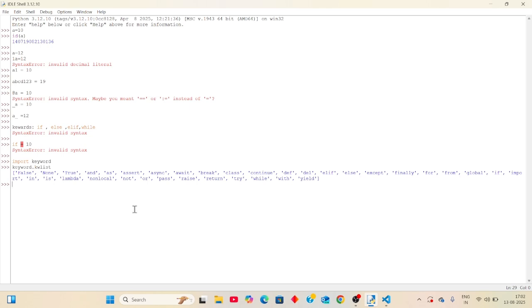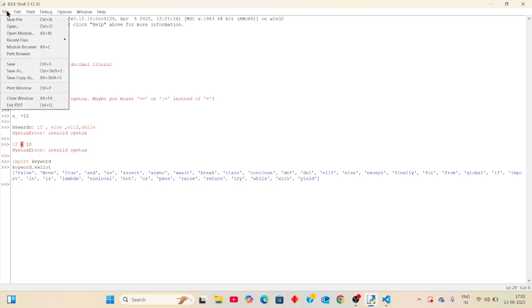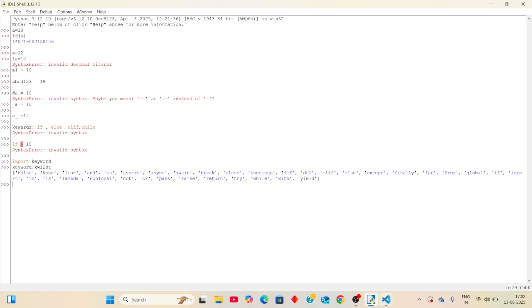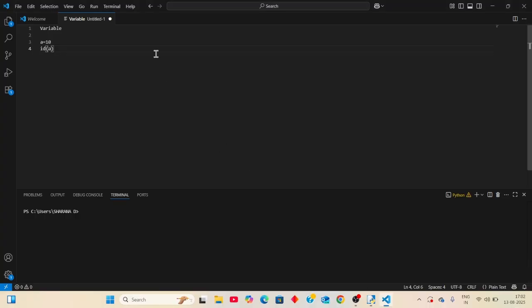That is data structure. Next is data structure.